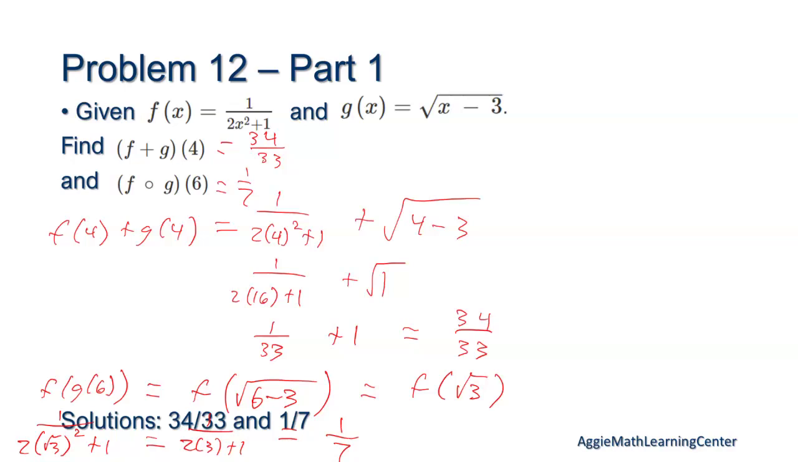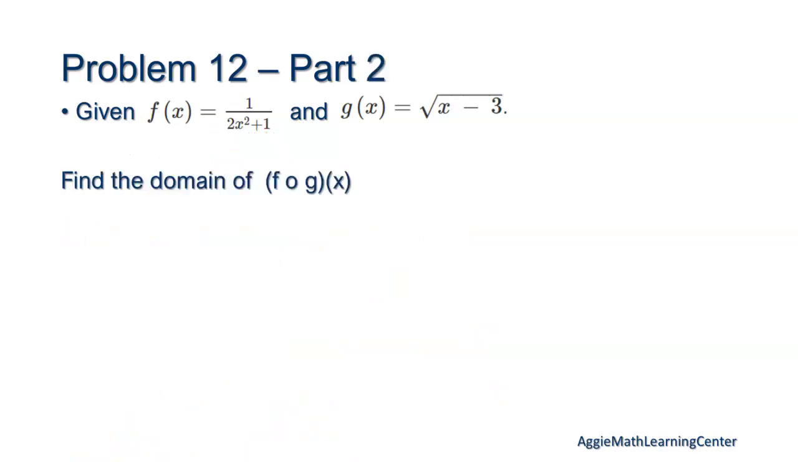Okay. And then the second part of this has to do with finding the domain. In my opinion, this part's the trickier part. And so it says find the domain of f of g of x. So what I like to do is I start off by finding the domain of both just f of x and g of x. So if we have the domain of f of x,